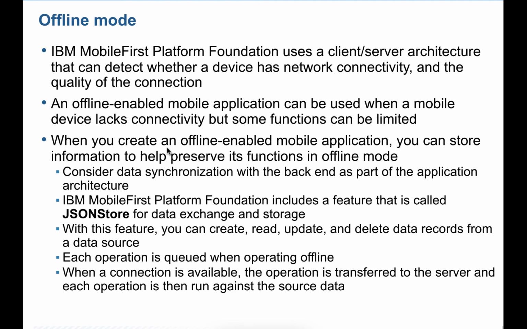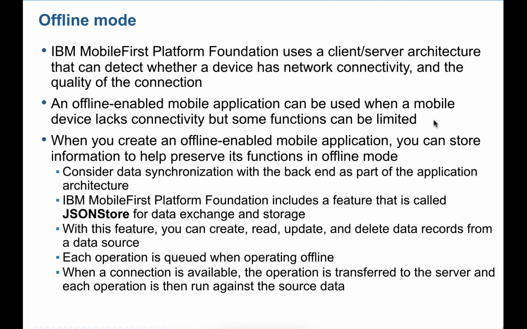Okay, so when you create an offline enabled mobile application, you can store information to help preserve its function in offline mode. Consider data synchronization in the backend as part of the application architecture. IBM Mobile First Platform Foundation includes a feature called JSON Store for data exchange and storage. You can create, read, update, delete data records from a data source. Each operation is queued when operating offline. When a connection is available, the operation is transferred to the server, and each operation is then run against the